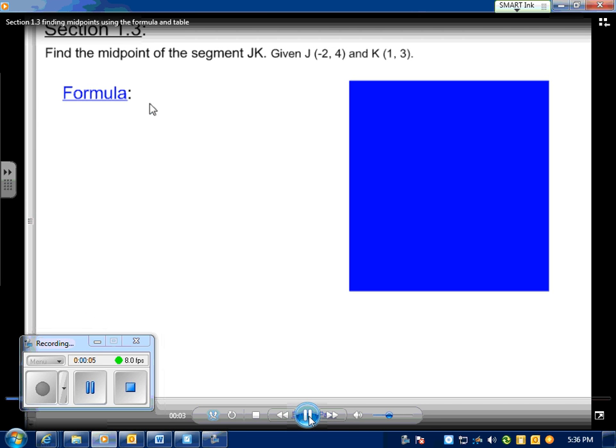In section 1.3, we're going to be looking at the midpoint formula, and our goal here is to find the midpoint of segment JK, giving the coordinates for J and for K. To start, we need to look back on the midpoint formula. If you look at the midpoint formula,